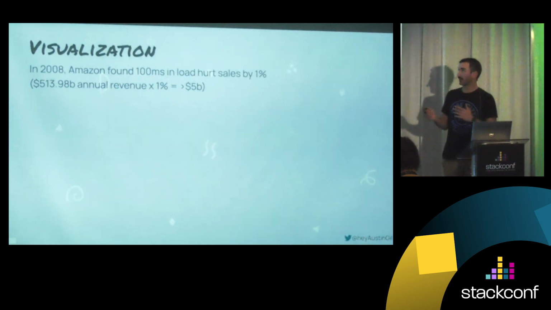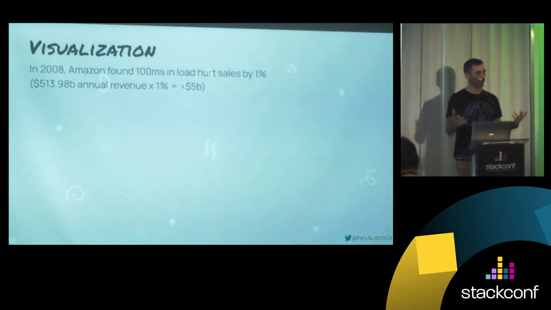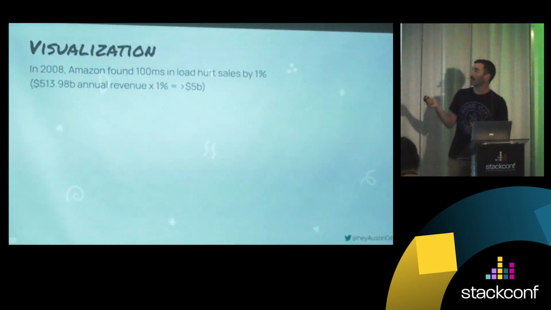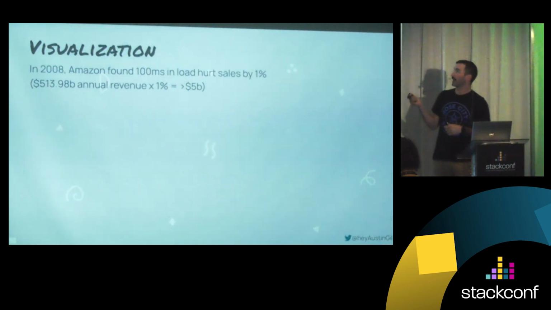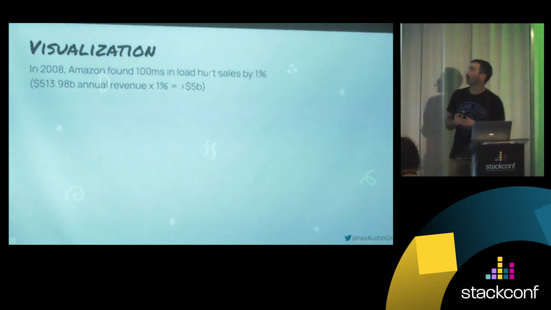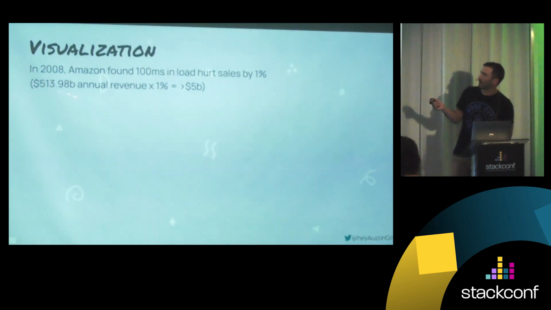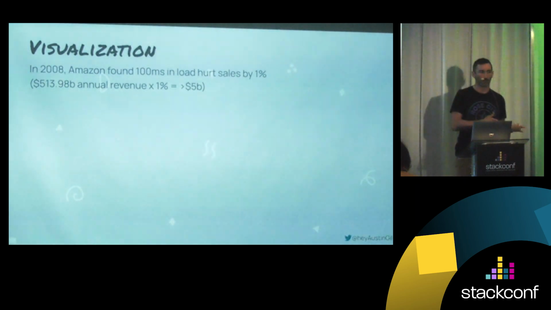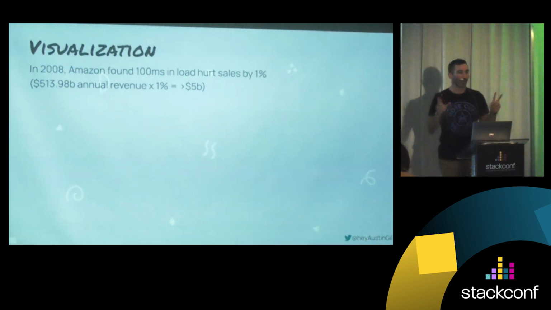So instead of looking at those stats, I like to provide a visualization example. Again, this is a little bit old, but it is an example that is often cited, that in 2008, Amazon found that a 100 millisecond delay hurt sales by 1%. And I think last year they had a revenue of $514 billion. So if you take the 1% of that, that's about $5 billion that 100 millisecond could theoretically be